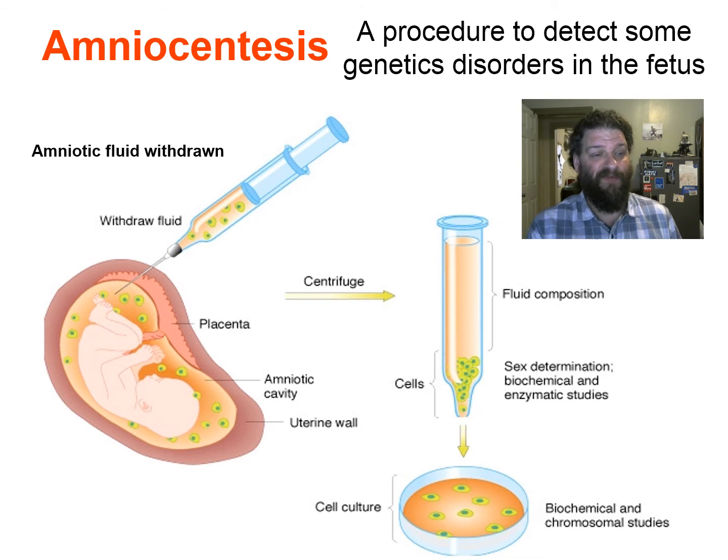I'll show you where that happens in a bit. But the way that we can test for this is through a process called amniocentesis. This is where we take a needle and go right through the abdomen of mom and get into that amniotic sac and withdraw some amniotic fluid and get some cells from the baby. Spin those down and culture them so that they'll start to divide. Take a picture of a cell that's dividing. That way we can have those chromosomes. And from that picture, we can develop